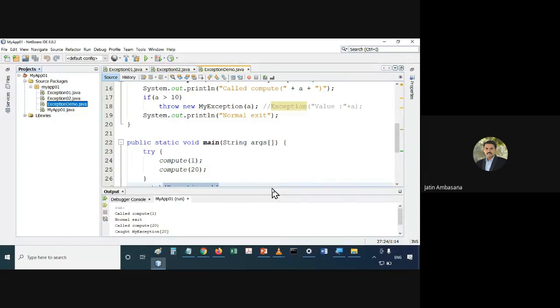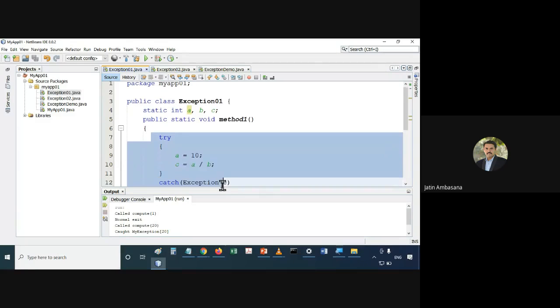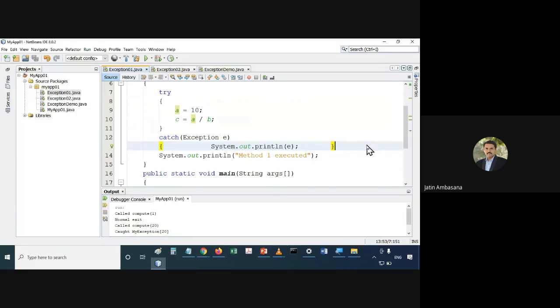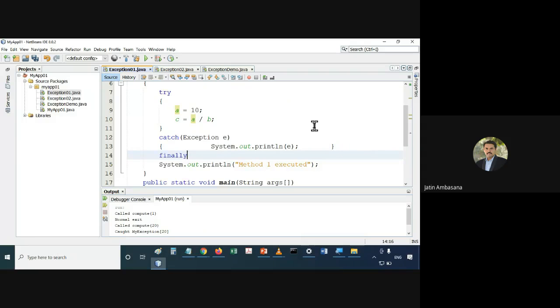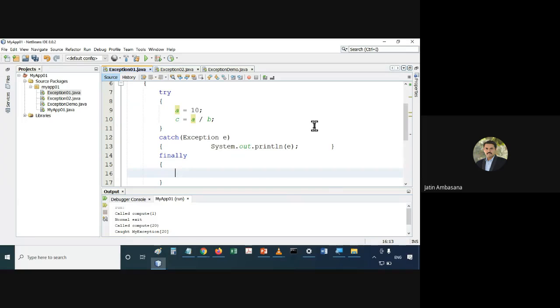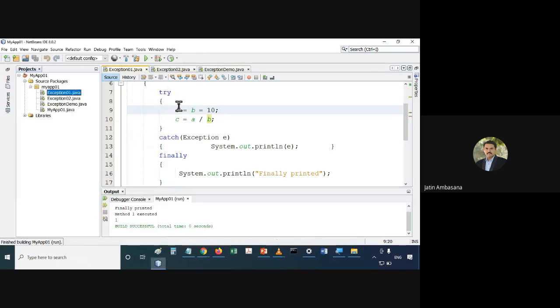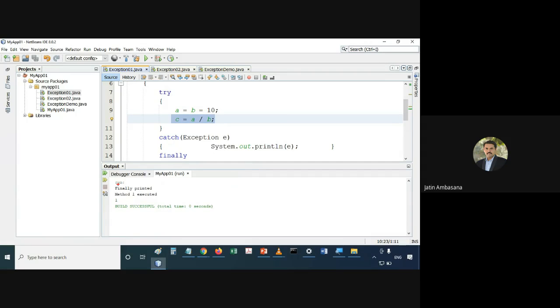In this we created our own. So we learned various things about exceptions today. What did we learn? We learned how to handle it in try catch, right? And yes, one more thing we forgot, that is finally. So if you use finally, then obviously it will get printed every time. It will get printed even if there is no exception. Finally printed. Okay, if I assign b and if I run this, obviously now it will not have any error because a and b's value is 10, a divided by b is equal to 1. Then also you can see that finally got printed,